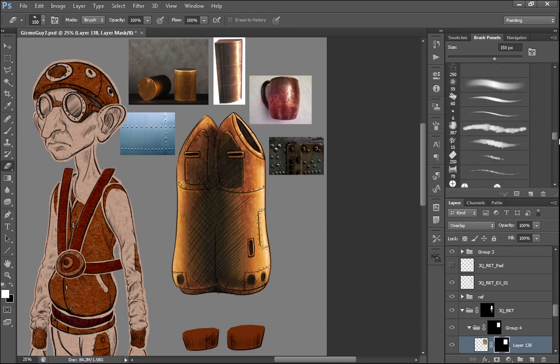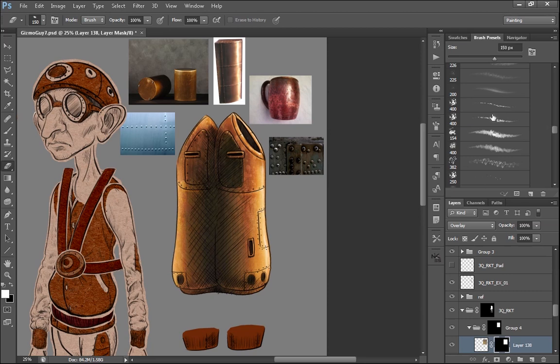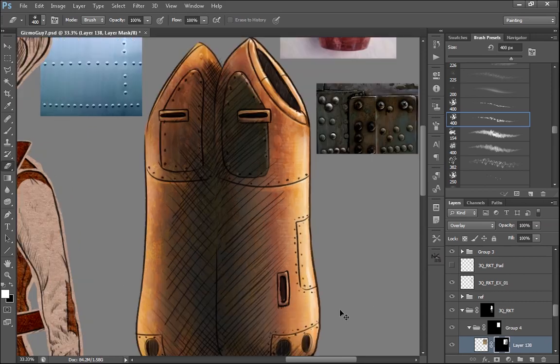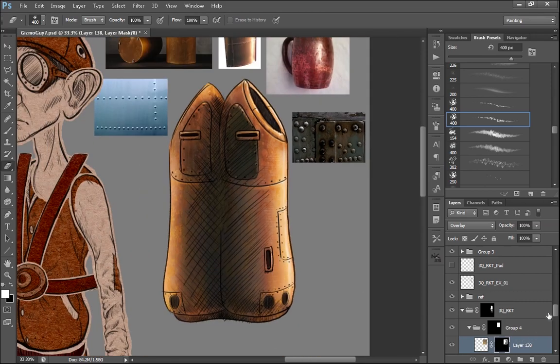So let's go find one of the dirtier brushes that I have, or the scrubbier looking ones, and I can start erasing that off. And it gives me the opportunity to put all kinds of different textures on this thing. So I could have a number of different layers of texturing. The other really cool thing, which I should show you really quickly before we wrap up here, is